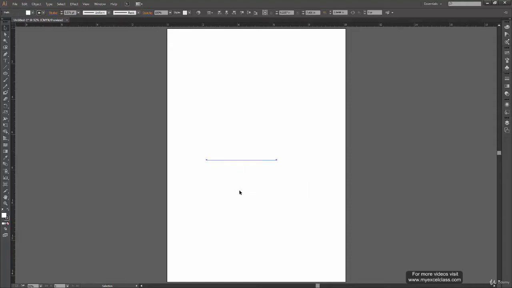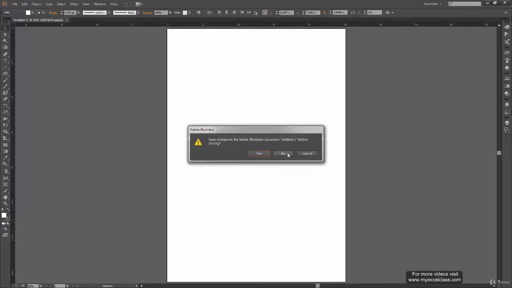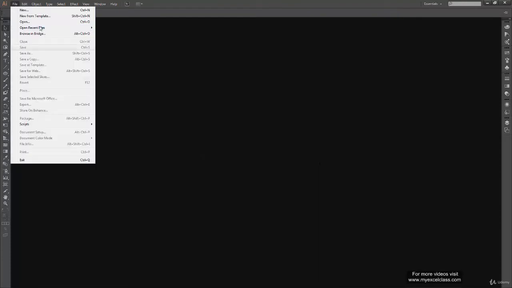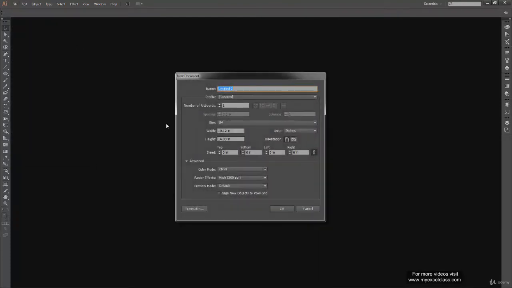Alright, so that's enough with guides, and that's all we are going to learn with guides and rulers. So I think that's enough information on that topic. Now let's see what all options and what all we can learn in artboards. So to learn artboard, let us quickly make a new file. Go to File, New. Now we have some of artboard options when we create a new file. The other options we can get while using artboard panel or artboard tool.